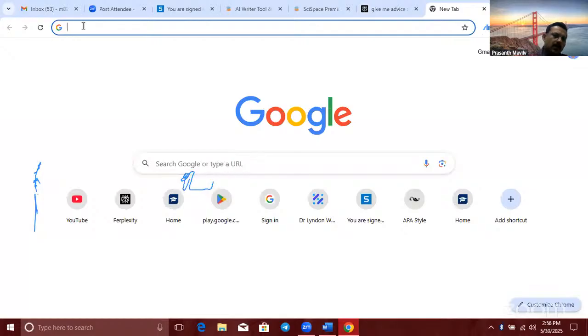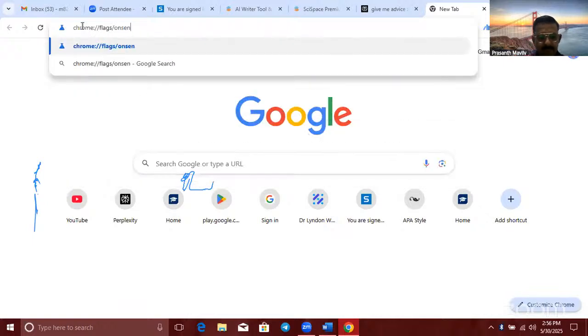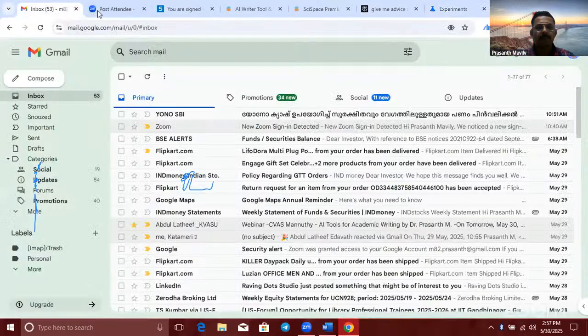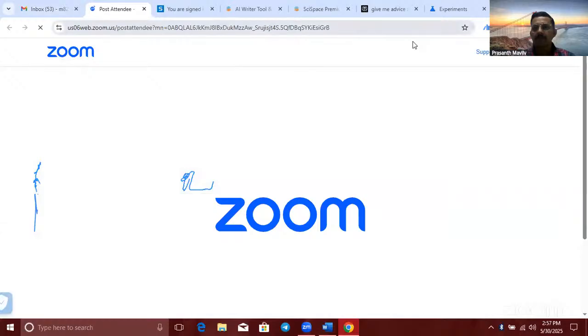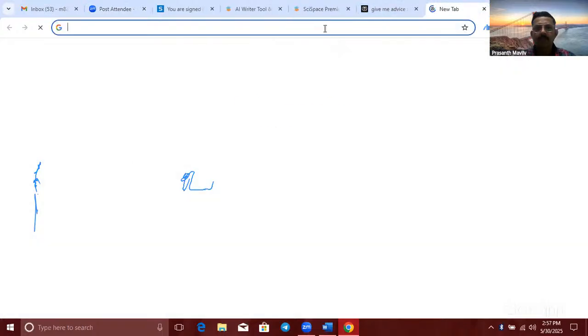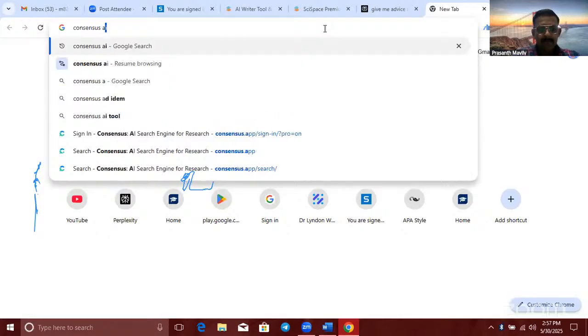Another important AI tool which is used in academic writing is Consensus AI.